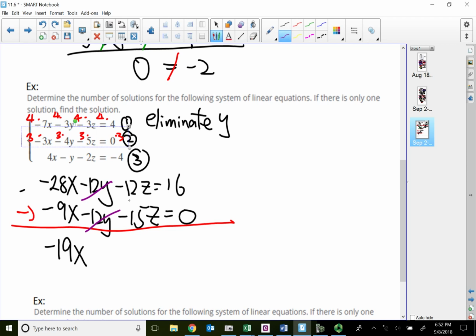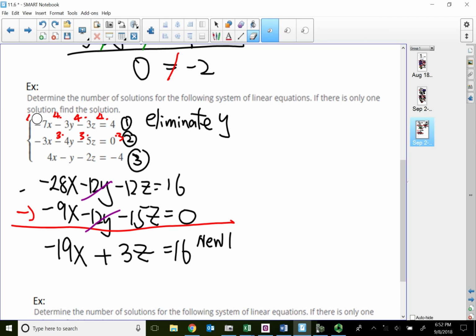All right, the y cancels out. Negative 12 subtract negative 15 becomes negative 12 plus 15, which is positive 3z. 16 subtract nothing is 16. All right, so that's my new one. So now let's check out the